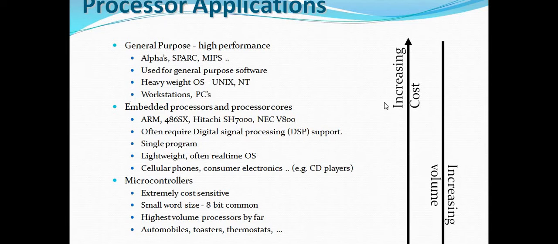As you can see, it is increasing. If you increase the cost, then obviously the purpose of application will increase. If you are increasing the volume, that needs to go with the microcontroller. If you want to increase the cost and you want to see the performance, multi-performance for one particular part, then we can go ahead with the general purpose processor. That's what the arrow mark I have mentioned on the upper side. This is the arrow mark on the down side. Clear?